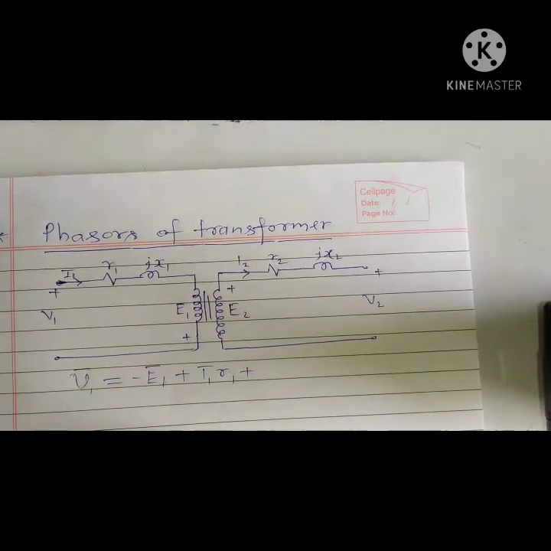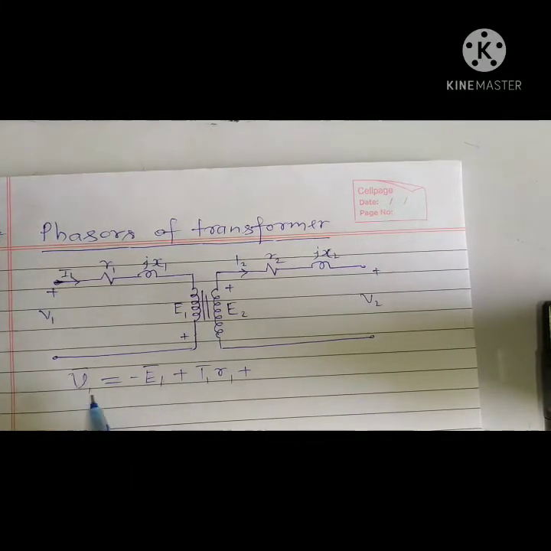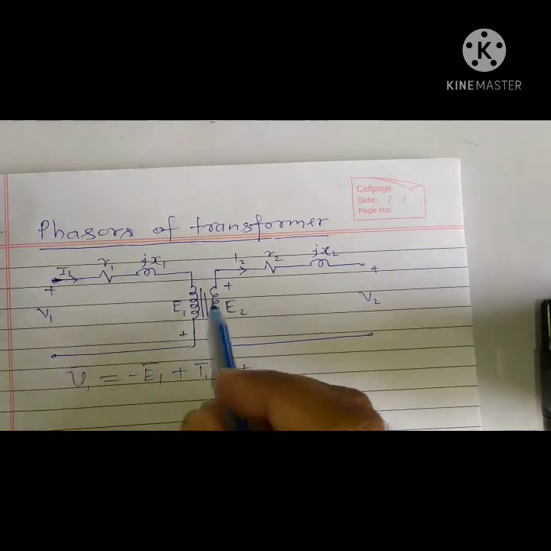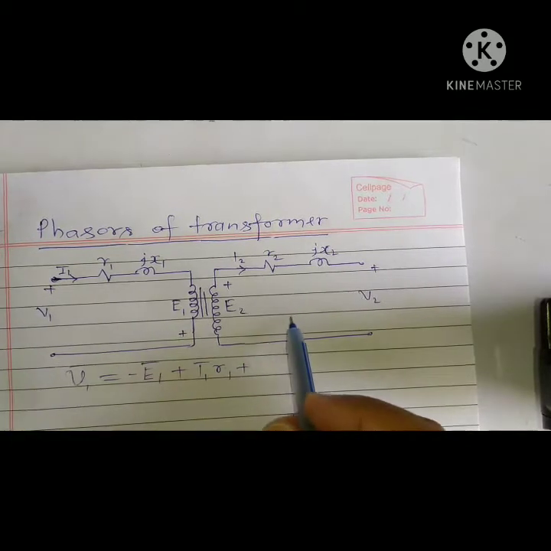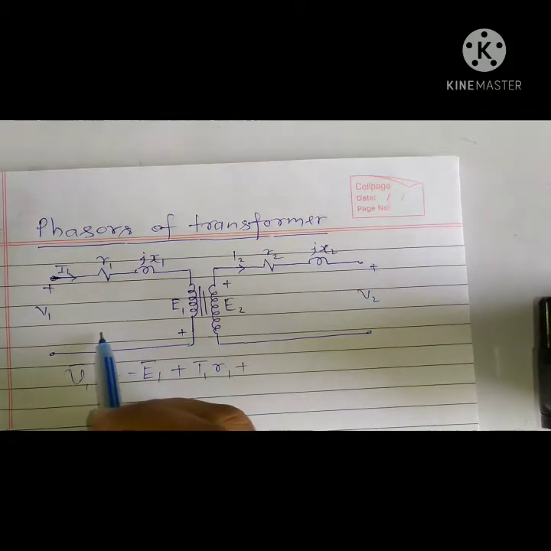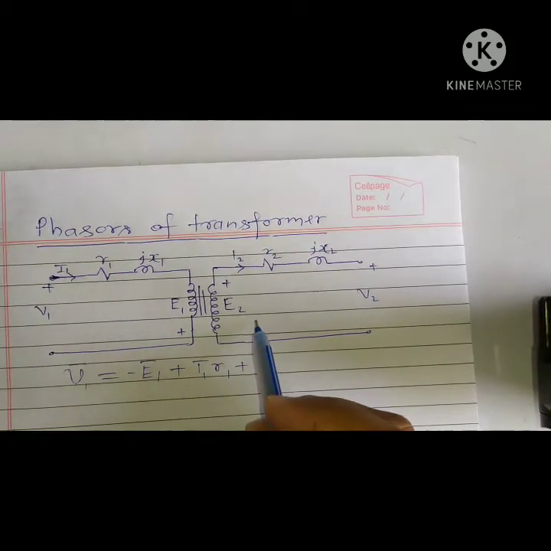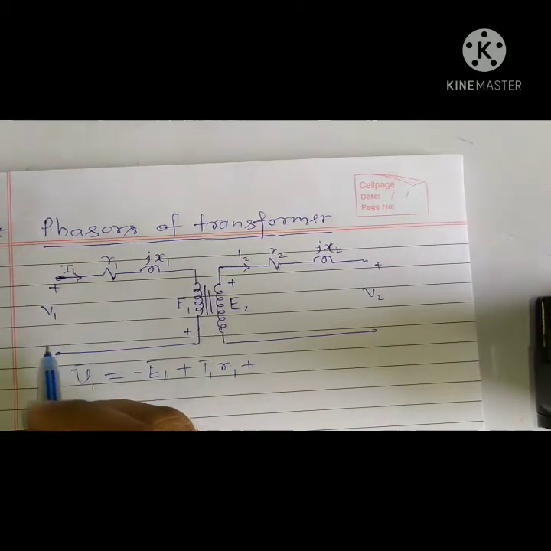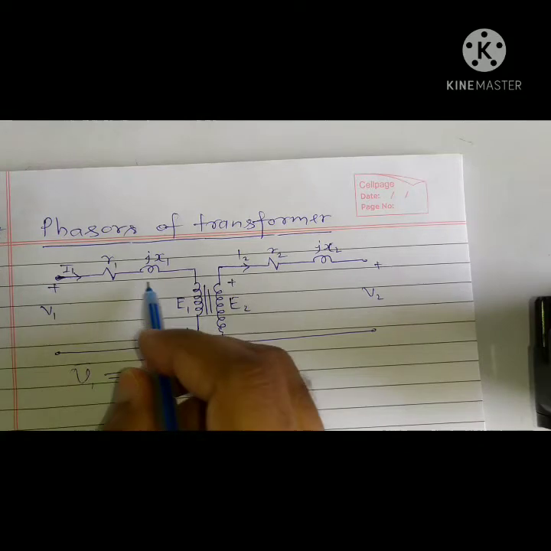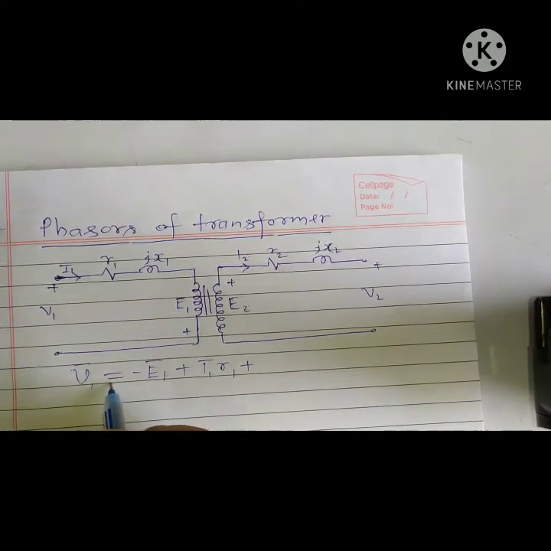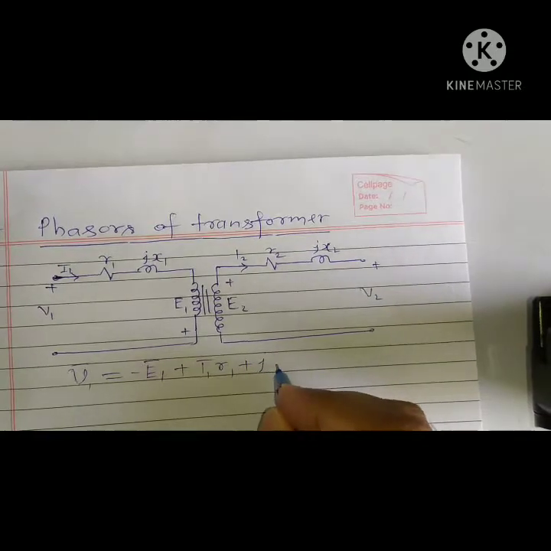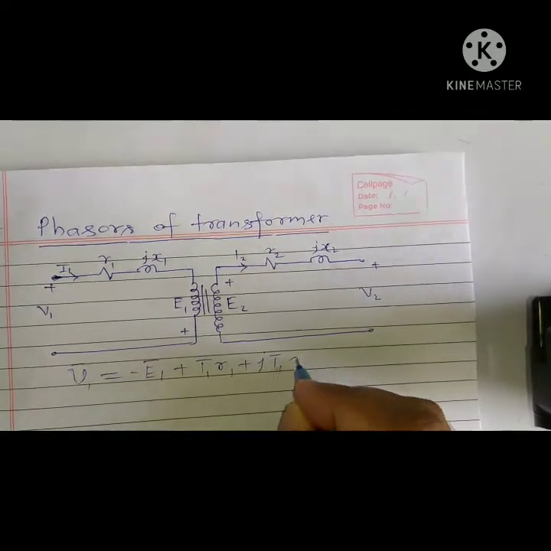Let us see the phasor of a transformer. For drawing the phasor, we require the circuit representation of the transformer. So the circuit is shown here based on the LV side and HV side, and our circuit elements and parameters are represented in this. Based on this, for the primary side I can write the voltage equation V1 equal to minus E1 plus I1 R1 plus j I1 X1,